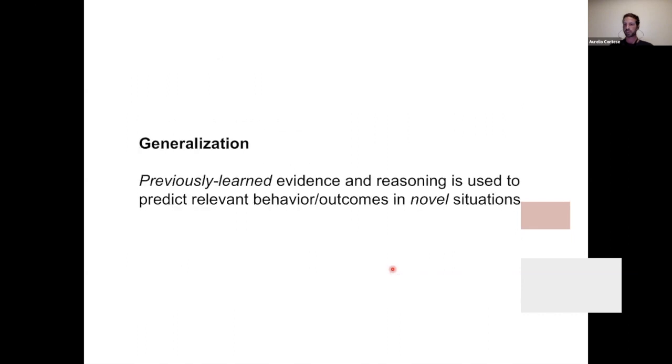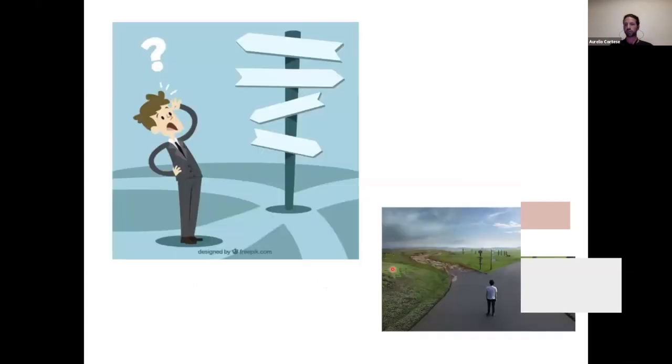One thing that you will hear a lot in this workshop is really this word, generalization. In its essence, it's basically using previously learned evidence to predict relevant behaviors or outcomes in novel situations. I think this is really at the core, an essential aspect of human and biological intelligence, this ability to adapt and to make optimal choices in situations that we either have never experienced before or that are at least